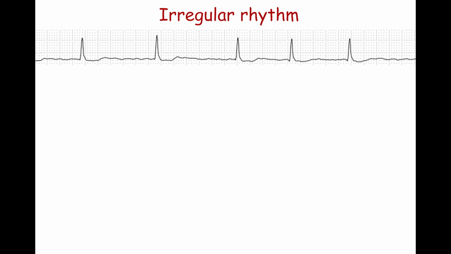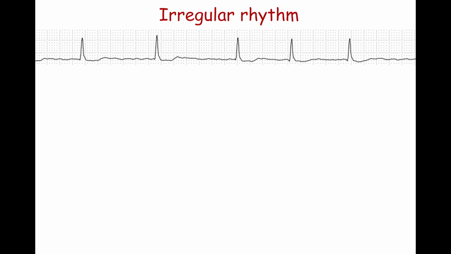The previously described methods of heart rate calculation can be used when the rhythm is regular. However, there are many rhythm abnormalities that are characterized by variable RR intervals. It's not enough to measure only one RR interval or maximum and minimum RR intervals. If the heart rhythm is irregular, the heart rate is measured with the 6-second ECG strip.